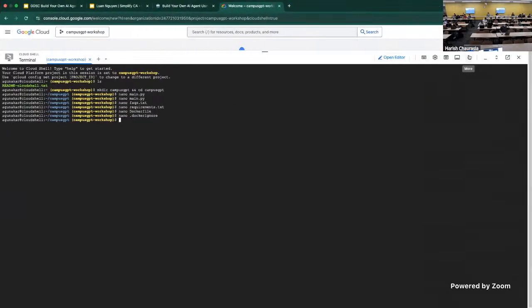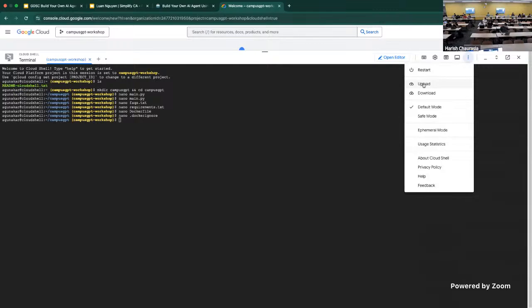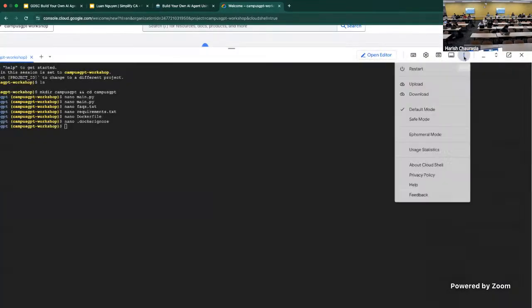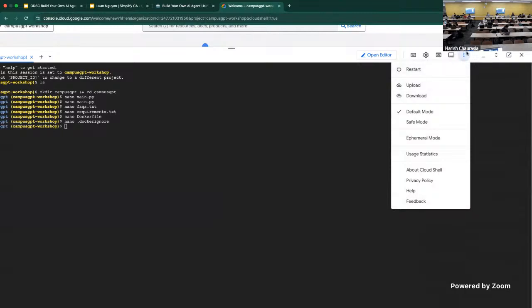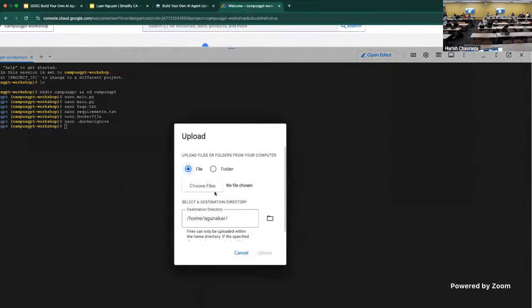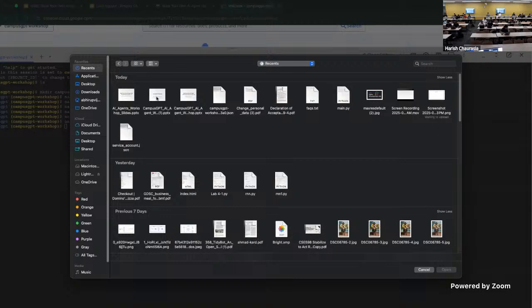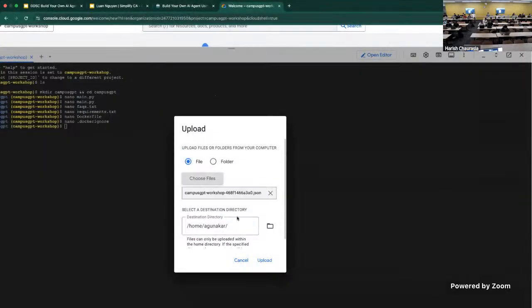All right, once we're done with this, let's click on upload. So if we see upload in our files, like the 3 dots that we see in the Google Cloud Shell, hit upload, click on choose files. I think this was the one that I downloaded. Yeah, I can see this key over here, CampusGPT workshop.json. We kept the same name, then it should be CampusGPT.json. Just click on